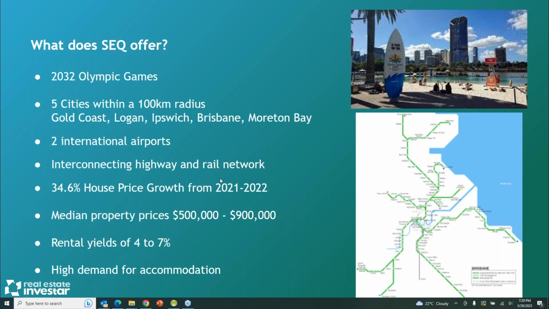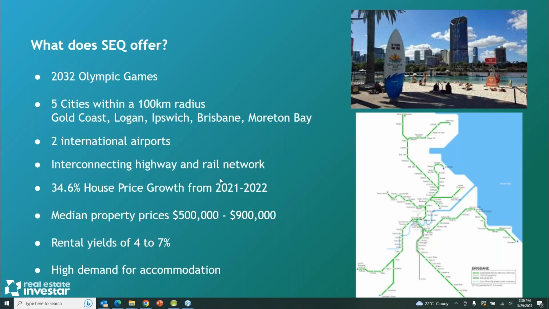Rental yields are 4 to 7%. And that's, again, higher than Sydney or Melbourne. So from an investor point of view, that's important. If cash flow is critical to you holding the property, you need to be buying in areas where the yield is going to be higher. So we're still achieving